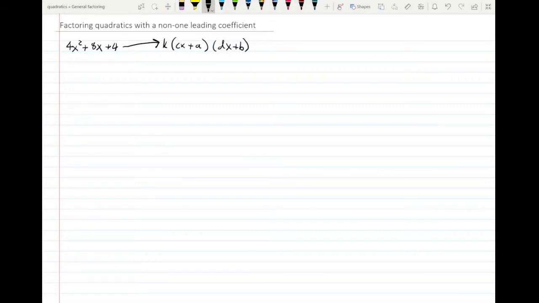Now notice that when k, c, and d are all 1, we get the case where the leading coefficient is 1. We get back to this product of monomials. And that's what I mean when I say that this case with a non-1 leading coefficient is really a generalization